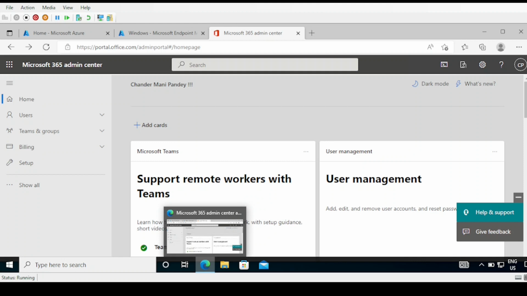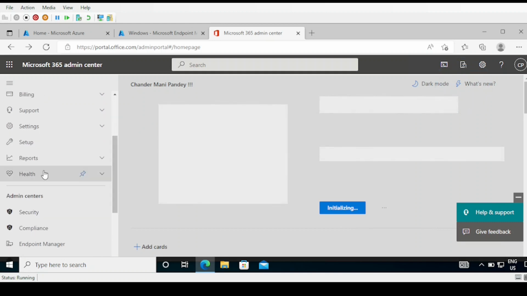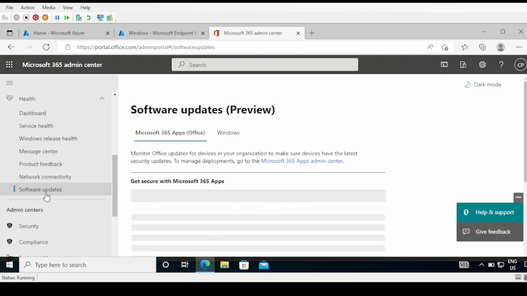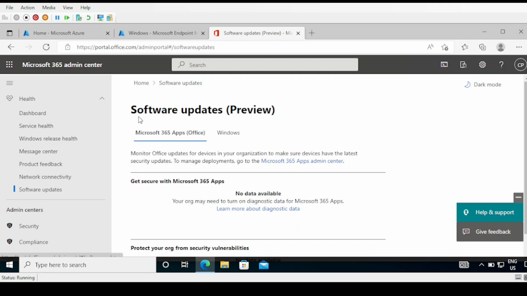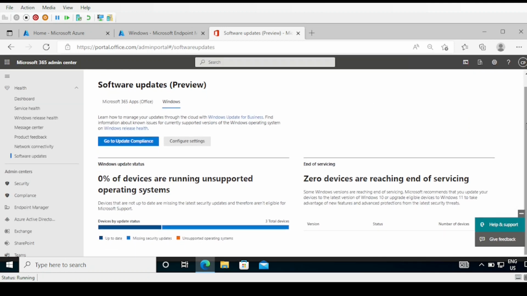Now another place to check the software update report is the Microsoft 365 Admin Center portal. To check this, we have to go to the Microsoft 365 Admin Center portal, and under this we have to click on the show all button. Then under this we have a health section. Within the health section we have software update reports, and we can see that this software update is still in preview, and under Windows, it's going to show us the Windows update status as well as the end of